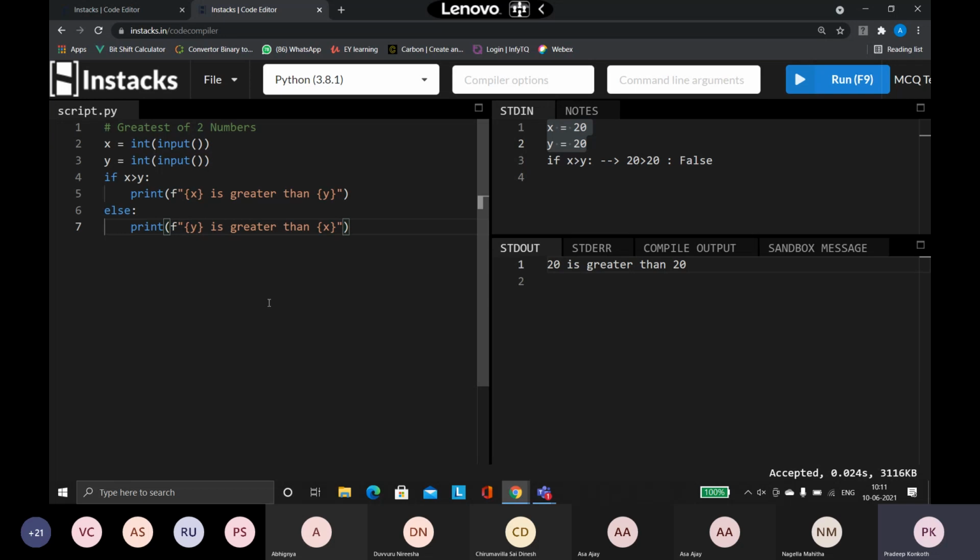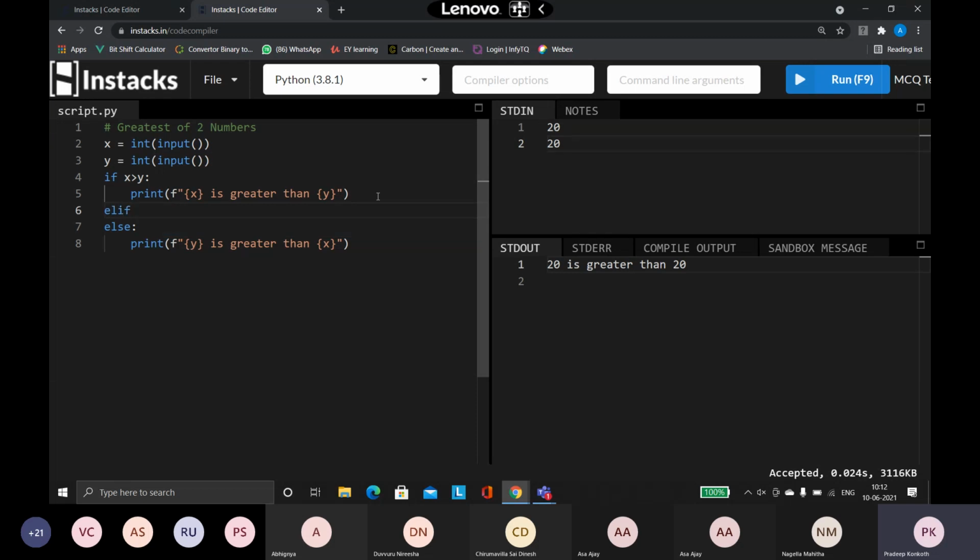So how to add another condition? I know with if I can give only one condition. So how to add another condition now? The other condition is going to be added with the help of the keyword elif. So I'm going to make use of the elif keyword to add my other condition. So let us rewrite the same program. Here, if x is greater than y, what needs to be done? I have mentioned it here. Okay, so now I am saying elif.